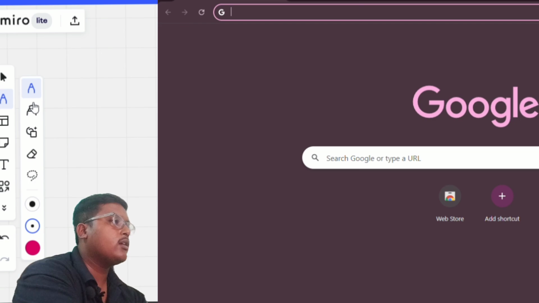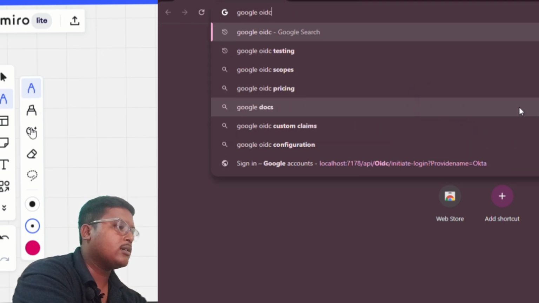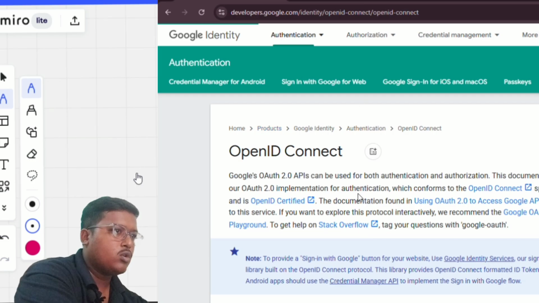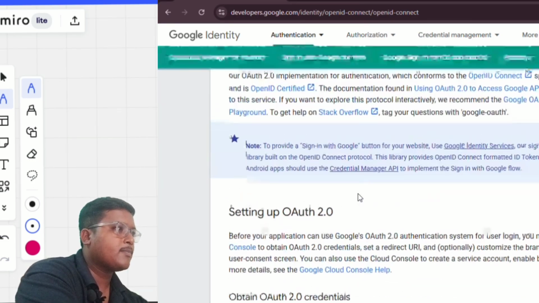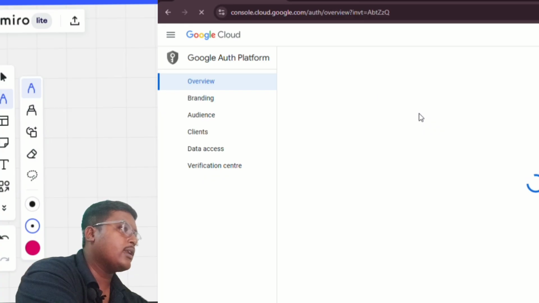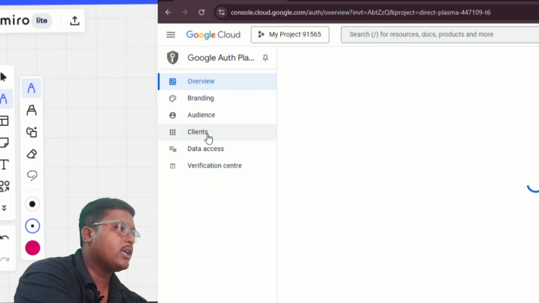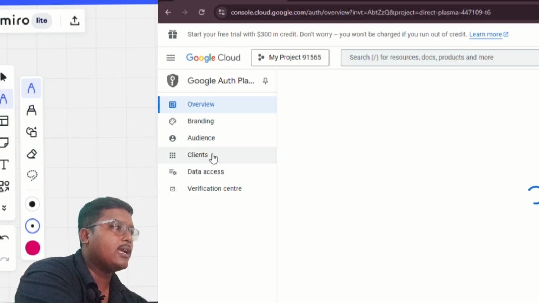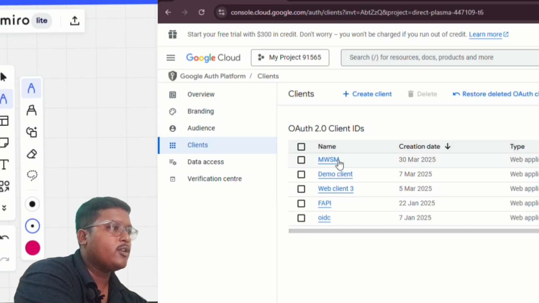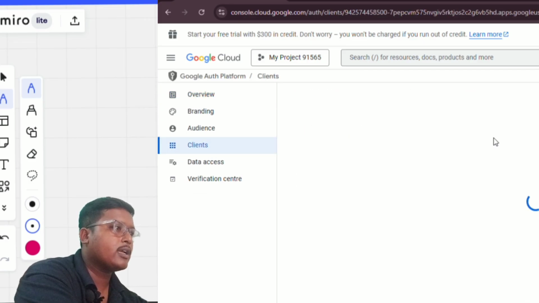register in Google. Okay, and click on the first one, OIDC Connect Authentication, and in that go to Google Cloud Console. So you will be redirected to this page, and then for registering a new one, we need to click on Client. So we'll click on Client, and as I have already made a few apps, if you want to create a new one, click on Create Client,